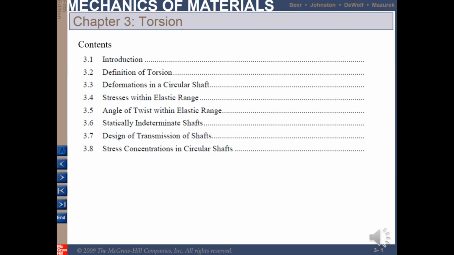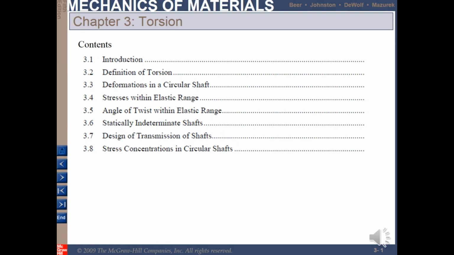Today we are going to continue our lecture with chapter 3 because during the face-to-face lecture in the class we finished chapter 1 and 2. So we continue with chapter 3, which is torsion, and these are the content